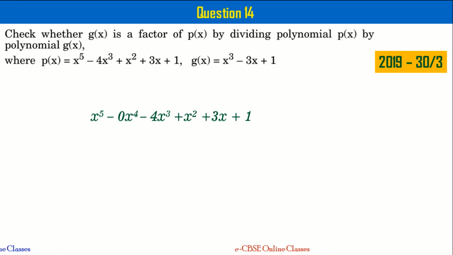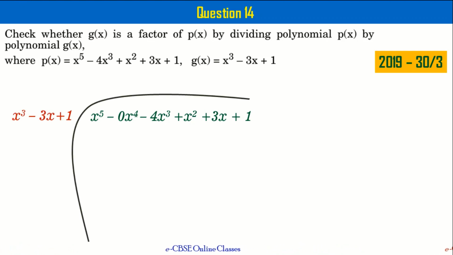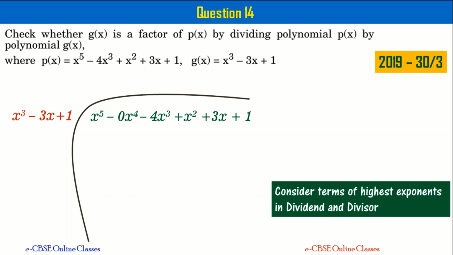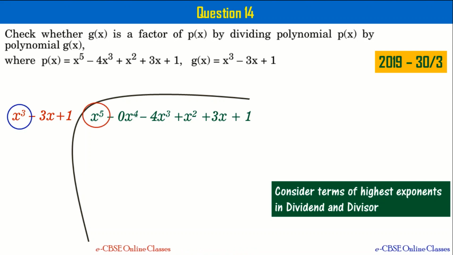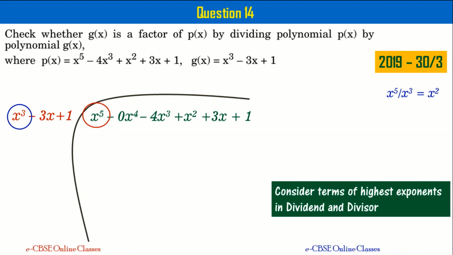Let me write the p of x as shown here. Since x power 4 term is not there, I am writing 0 times x power 4 in the p of x equation here. And this is dividend. And let me draw a line like that, and then put divisor on the other side of the line, that is x cube minus 3x plus 1. The first step we have to follow is to consider the terms of highest exponents in dividend and divisor. In the case of dividend, it is x power 5. Divisor, it is x cube, right? Let me now divide x power 5 with x cube. Answer I get is x square, right? Let me write that x square at the top. This is going to be part of your quotient of the polynomial division, right?